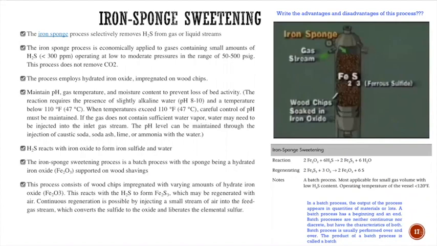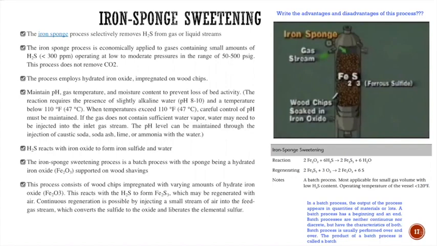Before discussing the types of sweetening process, I must highlight that this sweetening process can be divided into two types. One is adsorption, as we have seen in dehydration also, and there is an absorption process. In the adsorption process, we create a solid bed and supply the gas, and the gas may interact with that solid, and this H2S may be separated. So we'll discuss the adsorption process first, and then the absorption process.